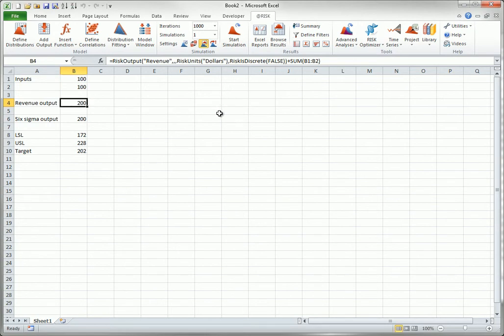Another use of property functions for an @RISK output is in a Six Sigma quality control setting. Suppose the output must be between lower and upper specification limits, LSL and USL, of 172 and 228, and it should have a target of 202. Then when you add the output,